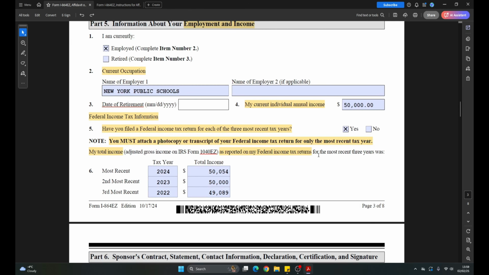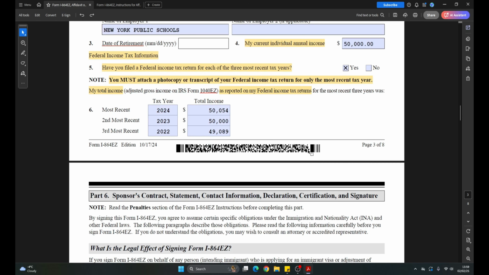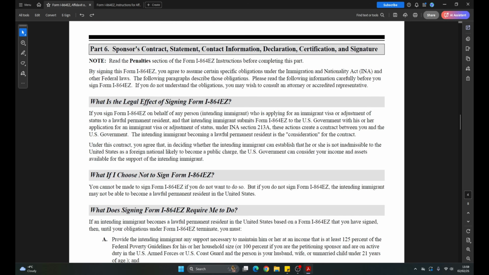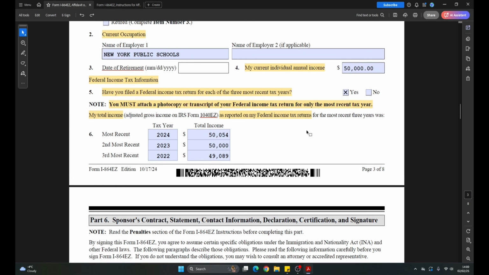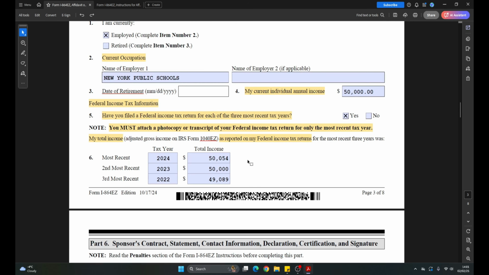Because this is an easier version of the affidavit of support, you must qualify based on your income only, so there are no additional family members that can help you, and there are no assets that you can use for this form. Another thing for retirees: because the retirement income is not taxable,